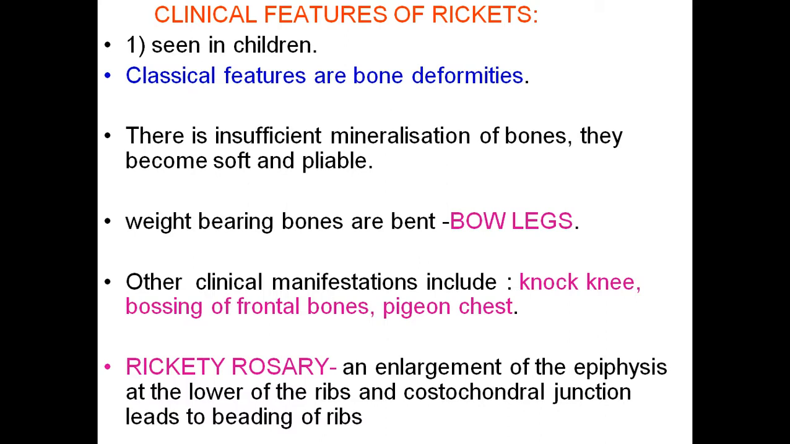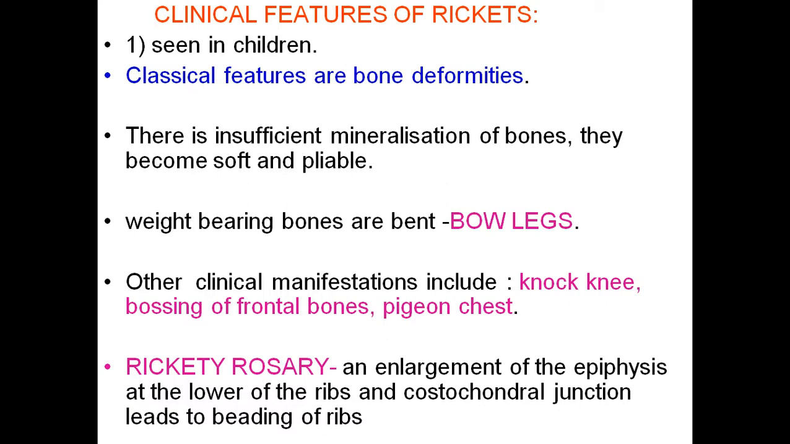As the function of bones is to bear the weight, because they are very soft in case of deficiency of vitamin D, what will happen? These bones become bent. As a result, the bones present in the legs become bent. That is called bow legs. It results in the formation of bow legs. Other clinical manifestations of rickets include knock-knee, bossing of frontal bones,